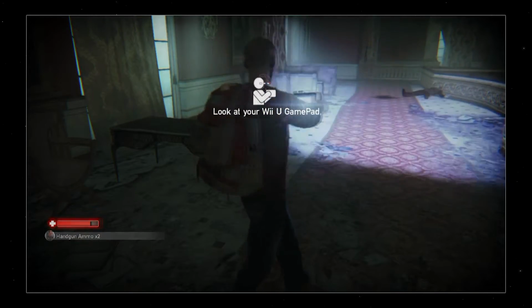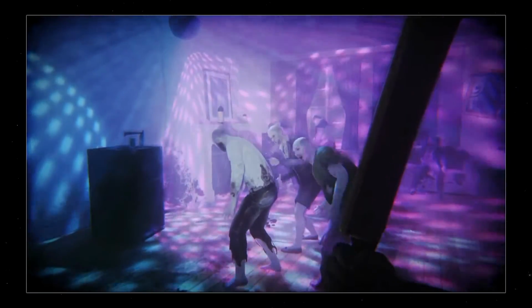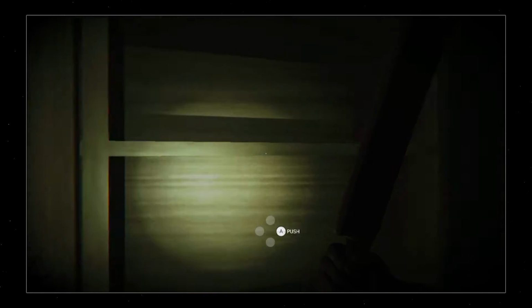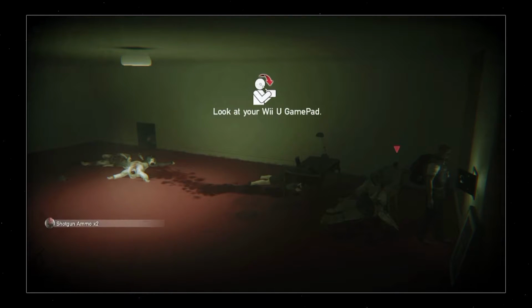Here's one example. I've just climbed up a block of flats, gatecrashed a banging party that thankfully nobody seems to mind, and reached a room where I needed to open a safe. So I explored the room for the code, found it, and as I start putting it in,